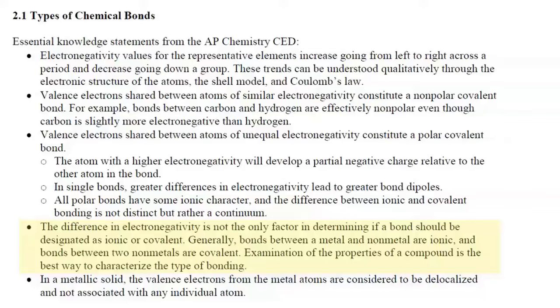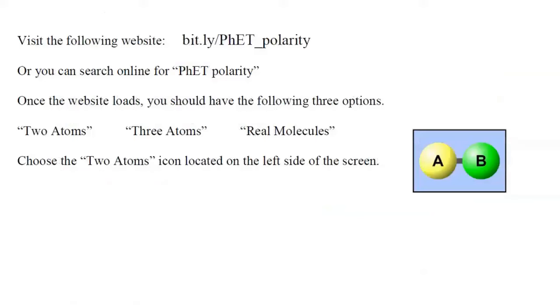Examination of the properties of a compound is the best way to characterize the type of bonding. In a metallic solid, the valence electrons from the metal atoms are considered to be delocalized and not associated with any individual atom. Okay, so now it's time to do a brief exploration of this PhET simulation on the polarity